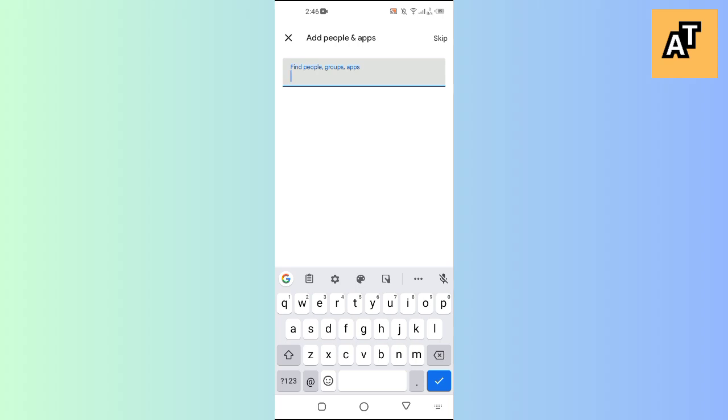So the best way is to find someone by their Gmail address. So if you want to add someone, just get their email address from them and search it here, and then they will appear here, and then you just need to tap on their name and they will be added into